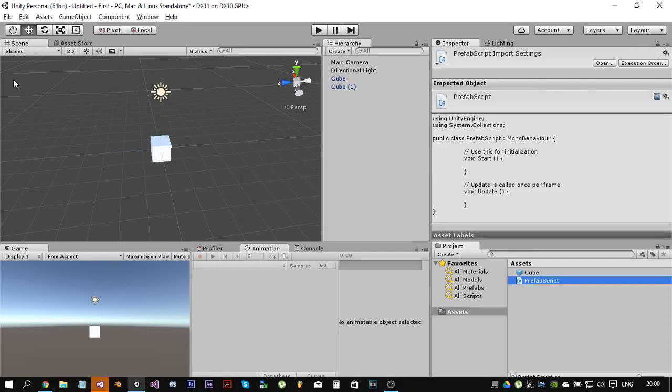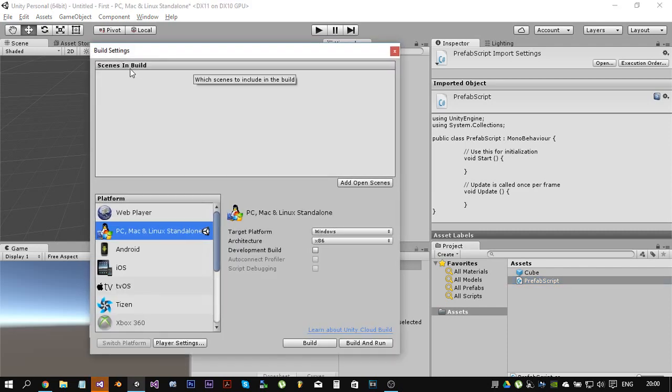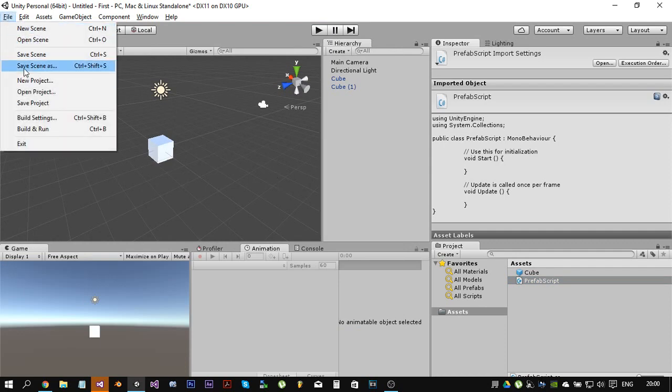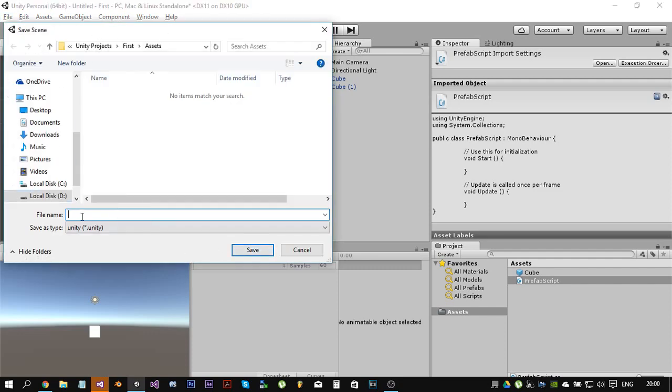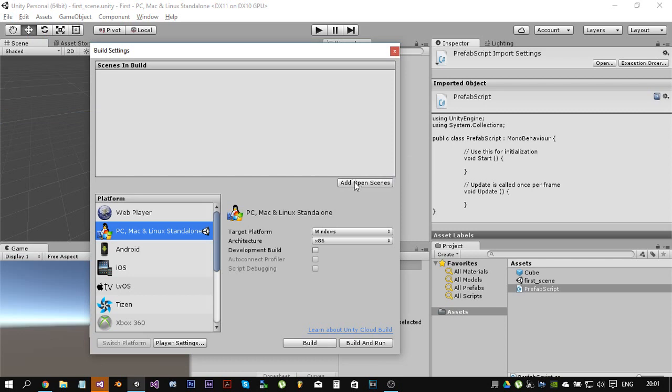So if you press here File, Build Settings, I haven't told you, you're gonna see here Scenes in Build, and if you press here Add Open Scenes, we don't have any stored scenes. So this scene with this cube, we haven't stored it yet. So if you press File, Save Scene, we have to write a name here. So I'm going to write First Scene, and press Save. After that we go to File, Build Settings. If we press Add Open Scenes, we can see that the current scene, first scene, is added